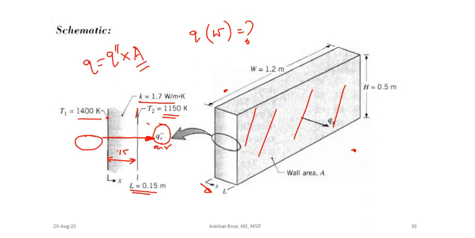Okay, and what is this area? Tell me. That area is nothing but this height, which is H, and this height, which is W. So this area is nothing but H into W. So if you find out the heat flux, then multiplied by this area, you will get the rate of heat loss from the furnace. So this is the problem. The problem we have understood, the given quantities we can see. So now let us try to solve this problem.